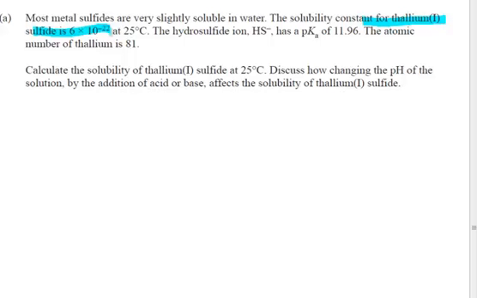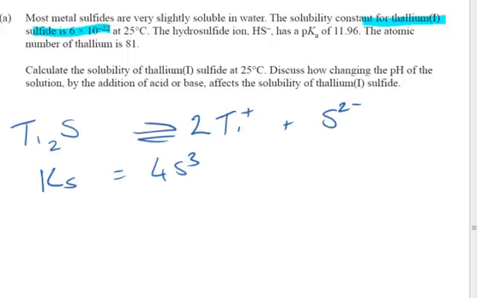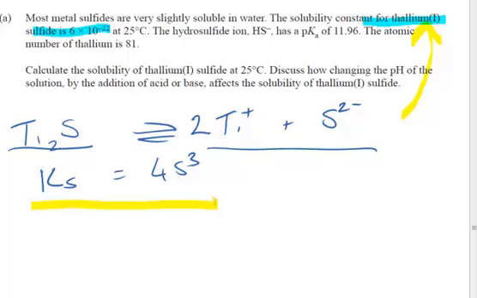Now, calculating the solubility is relatively straightforward. If we're dealing with thallium sulfide, we can write out a simple equation just to reiterate what calculation we should proceed with. It's Tl+, we're told it's thallium(I) in this equation, and that means Ksp equals 4s cubed. So all we have to do for this is take 6 times 10 to the negative 22